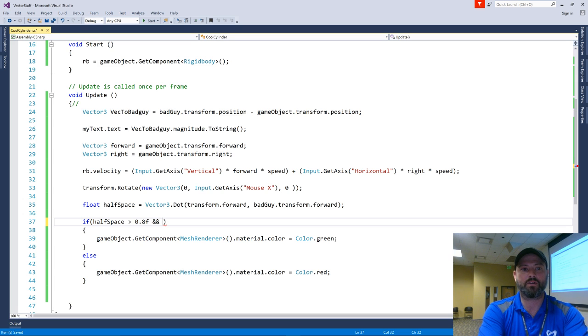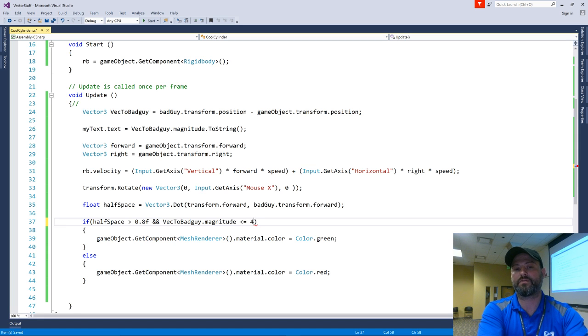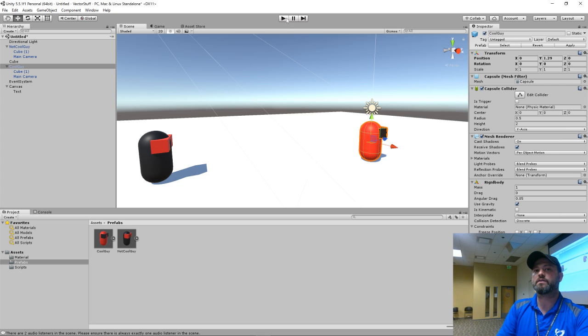what did I say that was? It is vector bad guy dot magnitude is less than or equal to 4, F. Now, I'm even refining this a little more, just using this vector, right?